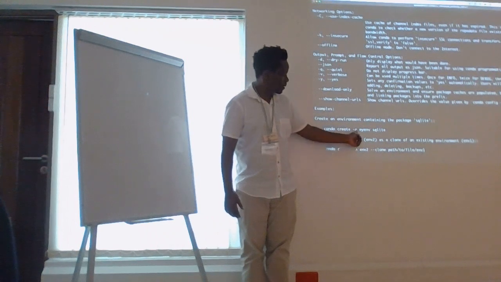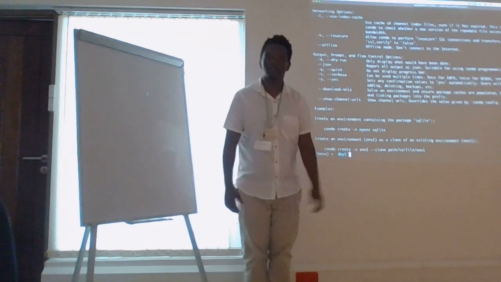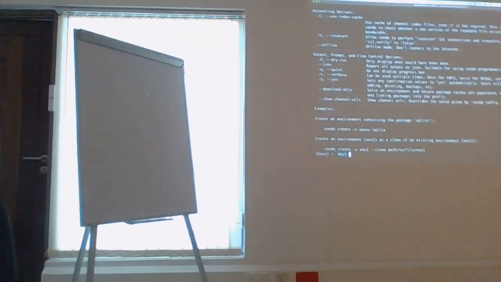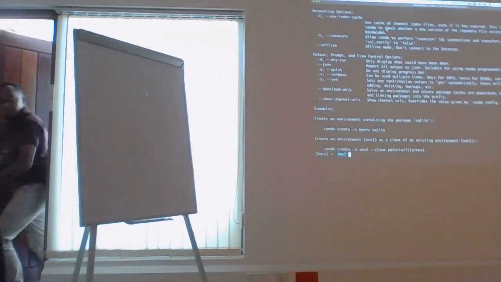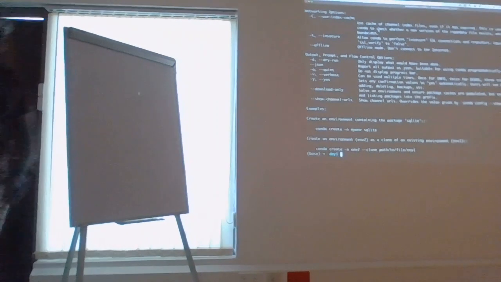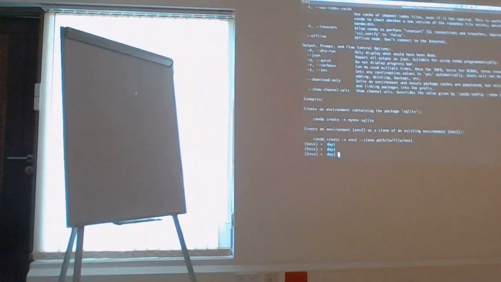Conda create -n, followed by a name, for example my environment SQLite, and you have your environment set up. In other instances, I think you can even create an environment from an existing environment. So the other thing I just wanted to show, I'm just going to clear that, is that